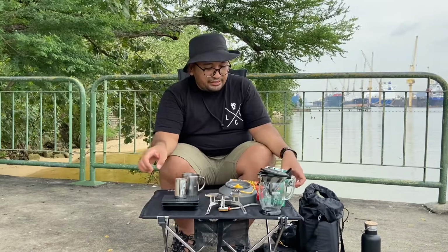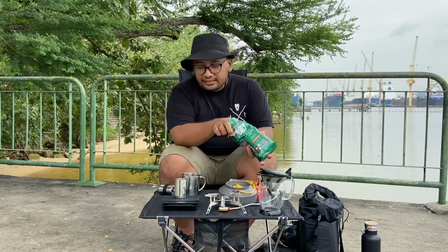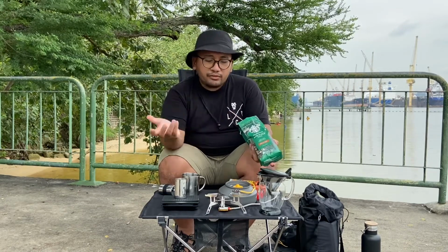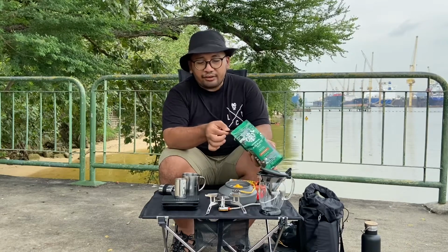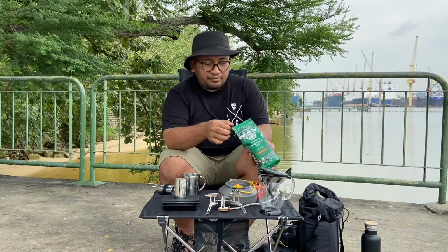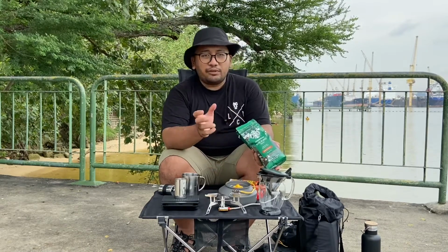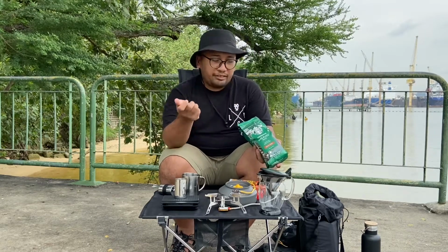Let's do this. So initially, you sort of need to be a bit precise about how much coffee you want to put in lah. So if you're following this recipe that I'm gonna demonstrate to you, it is 18 grams of coffee. And to make it easier for you to do it outside, you sort of want to make that 18 grams into something more objective,